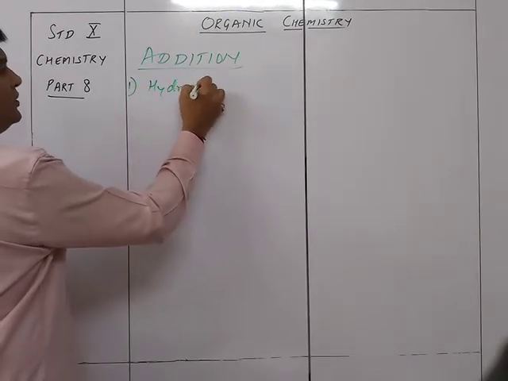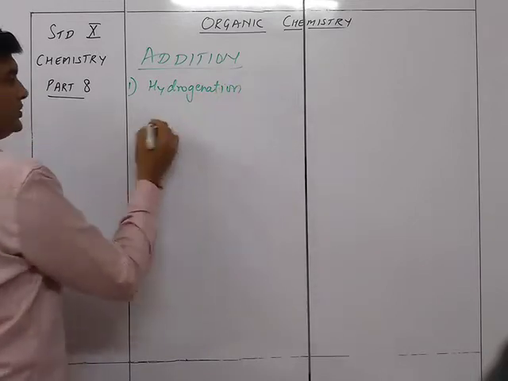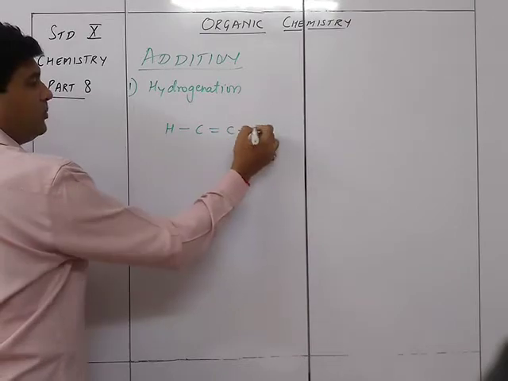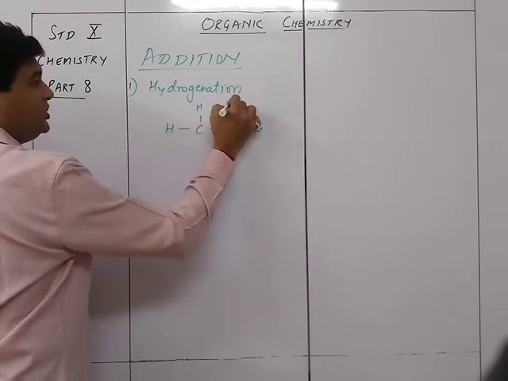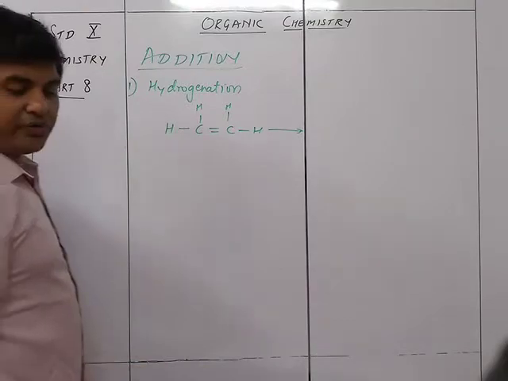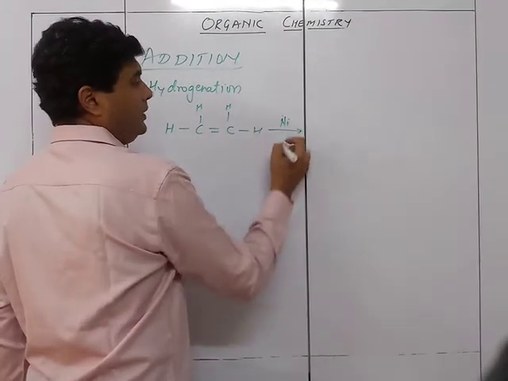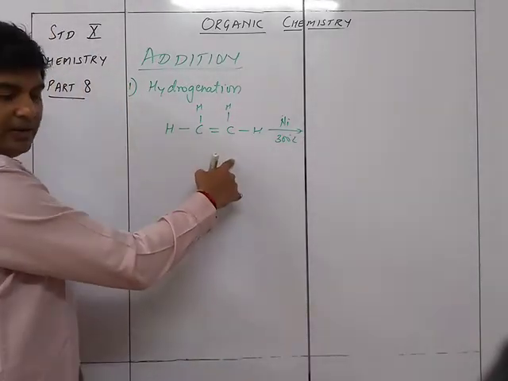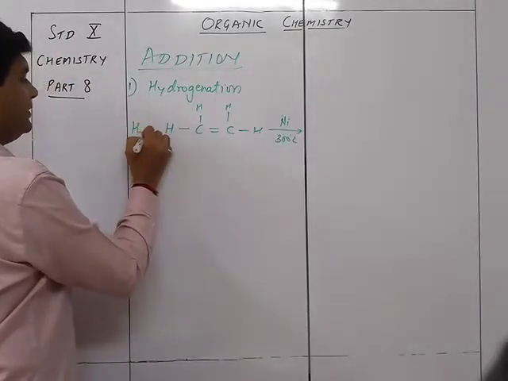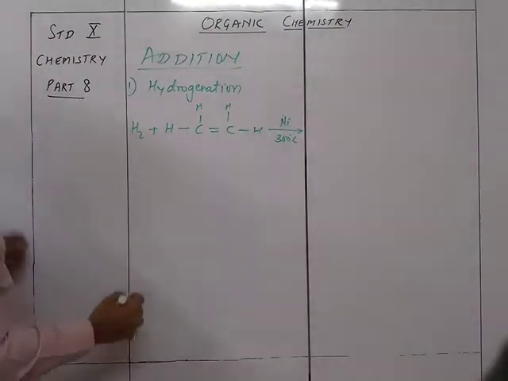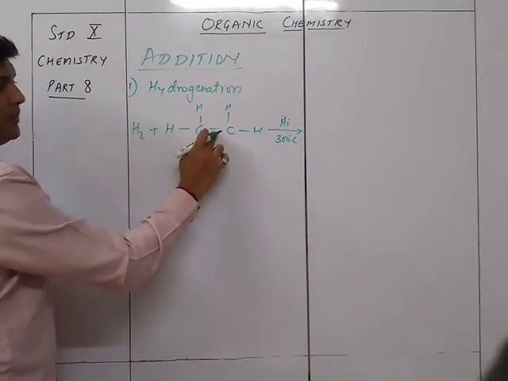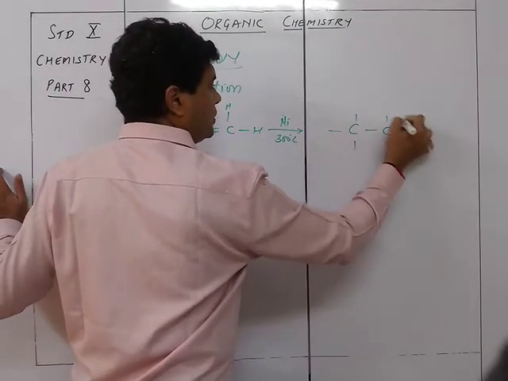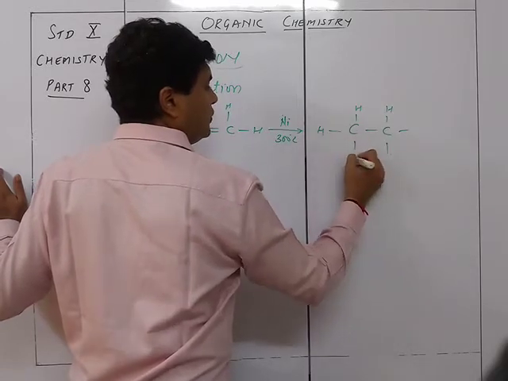So in case of hydrogenation, we are adding hydrogen to this. It will be H, single bond, double bond C, single bond H, and then H here and H here, in the presence of nickel as the catalyst and at 300 degrees Celsius. Sorry, I missed out, I'll put it here. Hydrogen plus ethene: this hydrogen comes over here, breaks the bond, and accordingly it will be C, single bond C, and H on all sides. So this is what is going to form.